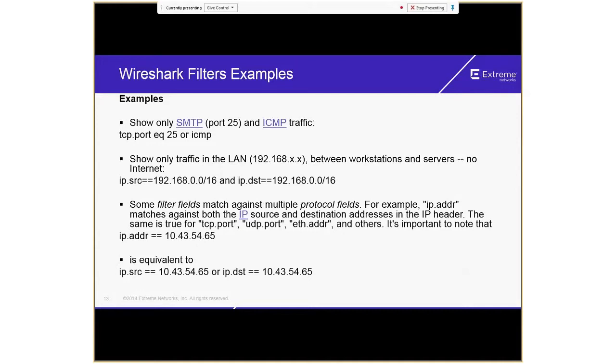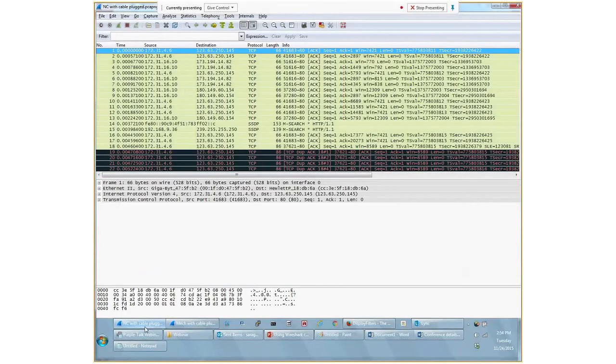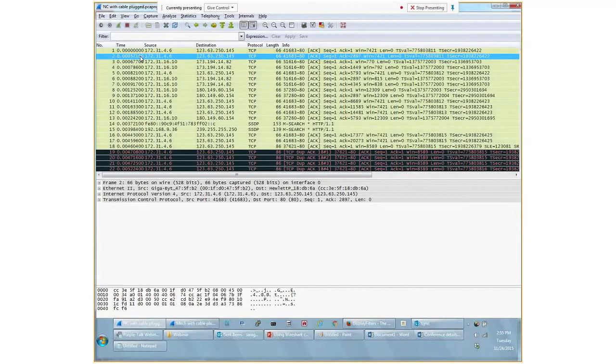So these are some of the filters that you'll use. I think before I go into all this, I will just show you a couple of Wireshark captures. So I was mentioning, you see the top part here where I'm marking each one. So you're getting information about all the packets here generally. Here we are seeing a lot of TCP. It's a TCP connection between a client and some server or some information like that.